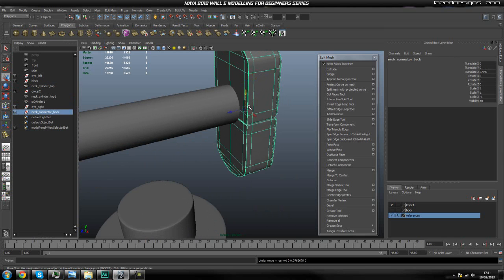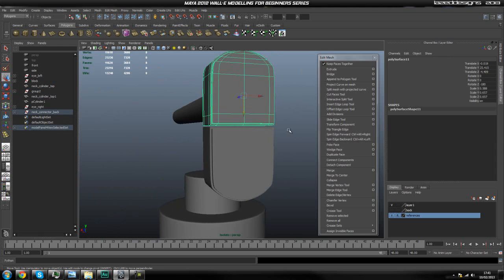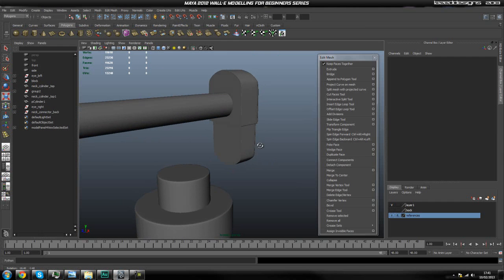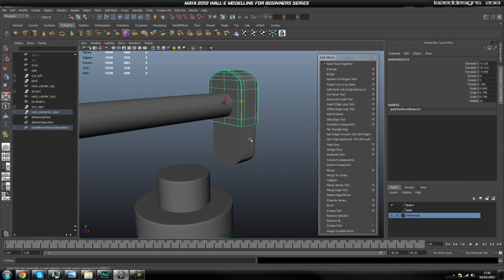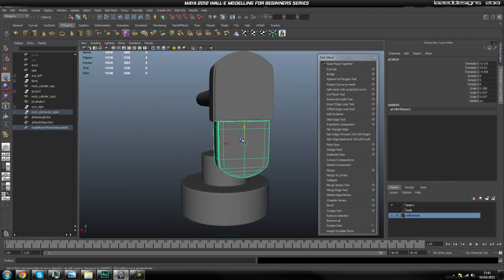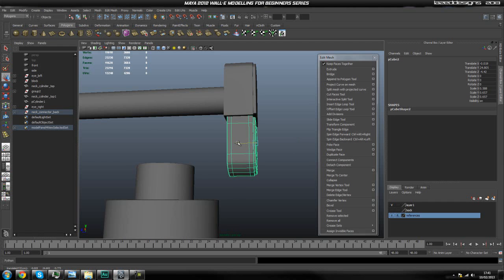If I select the group, so that cylinder is going inside the top piece, and we're going to go ahead and scale the top piece up like so, I think, and we're going to go ahead and move them down again so it sits in the center like so. And I'm just going to go ahead and move this down separately a little bit, and also move it back